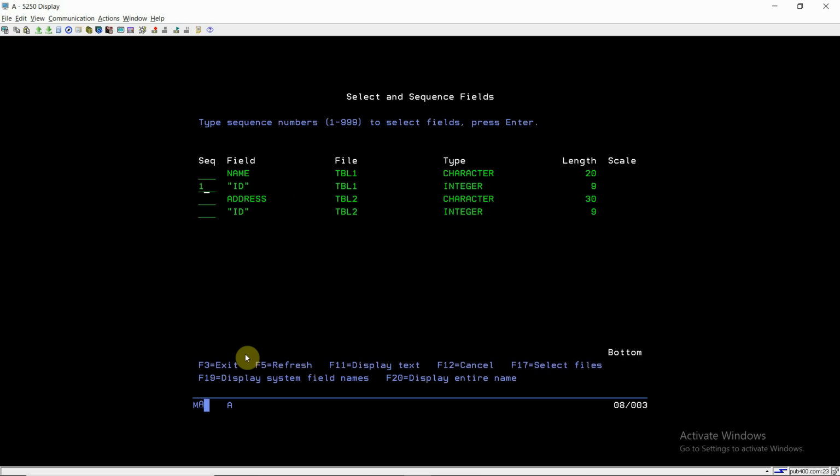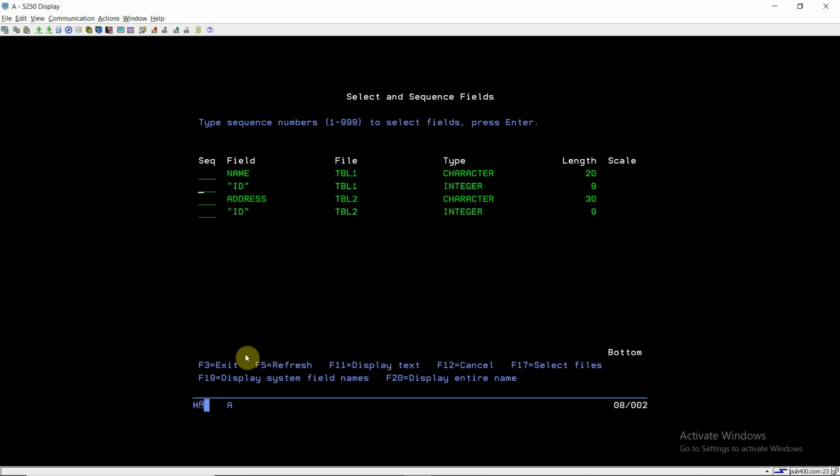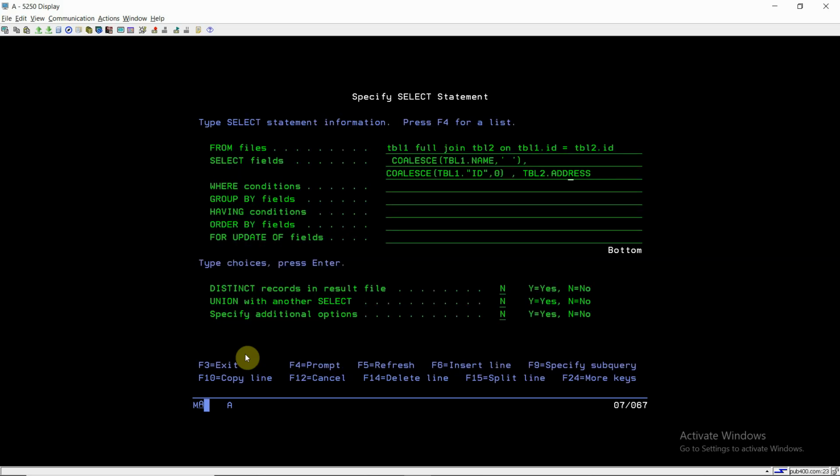for ID, shift F3, insert coalesce. For ID, if there is a null value we will have the 0 value. For address, shift F3, insert coalesce.